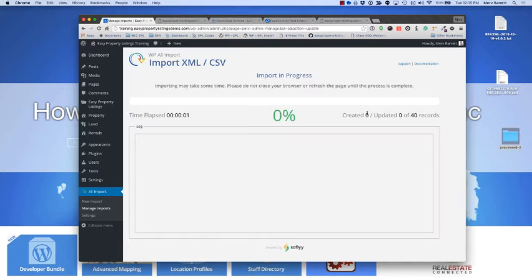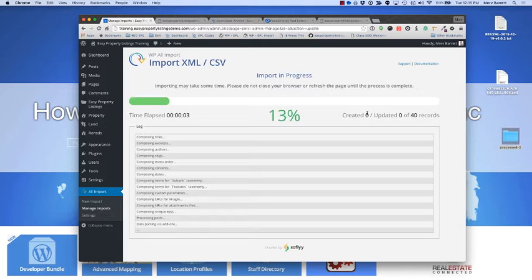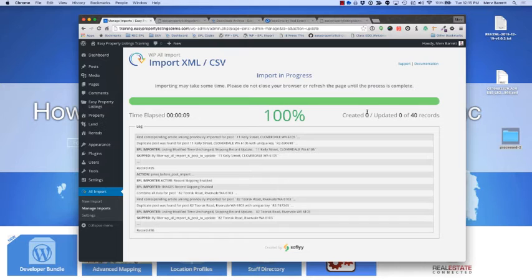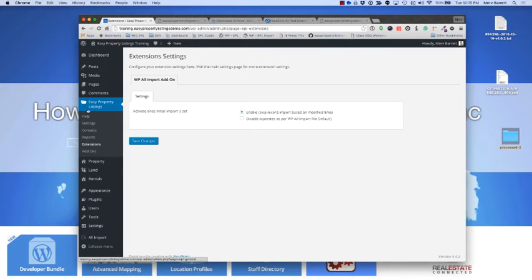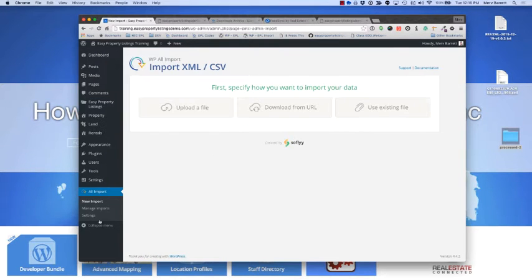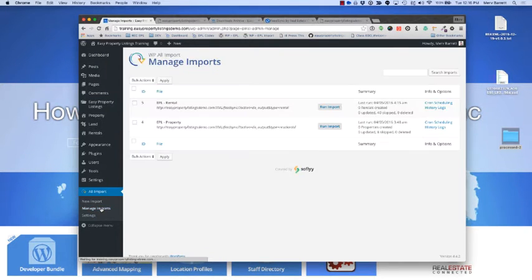So in order to revert All Import Pro back to its default settings, you need to disable the record skipping option in the importer add-on. So if we visit there, go to the extensions on Easy Property Listings, click on disable. So you want to disable the All Import Pro import settings, and don't quickly run it, otherwise you'll import all your images again. So we're just going to go back to All Import, click on Manage Imports,